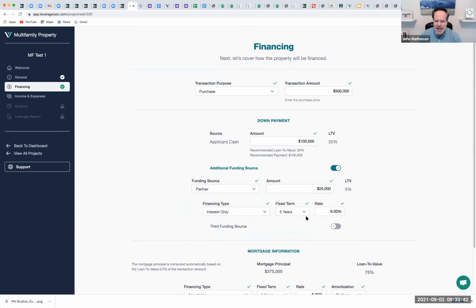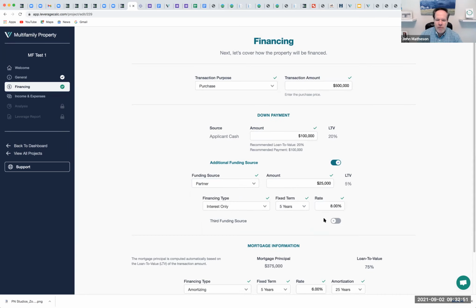And let's say I'm paying them interest only on their transaction, at let's say an 8% interest rate over time. So the software will start to consider their payment as part of the transaction. You'll really like this when you're talking to private money partners, because when you're building your equity piece, which for a lot of you is a big deal, where you're getting the down payment, you start to demonstrate to the private lender not only how your property can fund the bank loan, which is key, but also how you're going